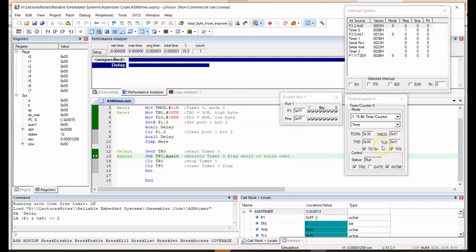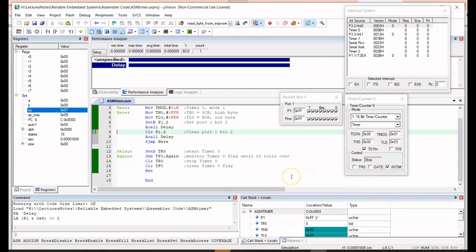So now this TF0 overflow flag is set, rolls over, then comes out, clear TR0. So watch this, clears it, clear TF0, the overflow flag, clear it, return back to the calling